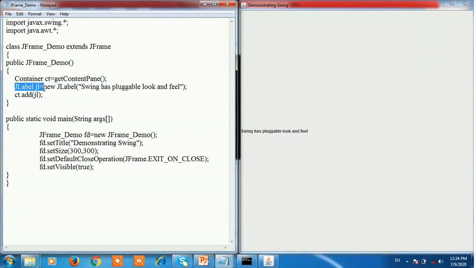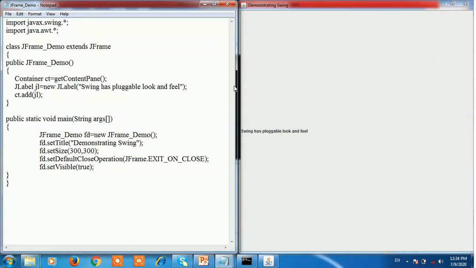So here the label component is added into the container using the add method, ct.add(jl1), which is nothing but the object of the label. So this is the sample program of extending the frame class.